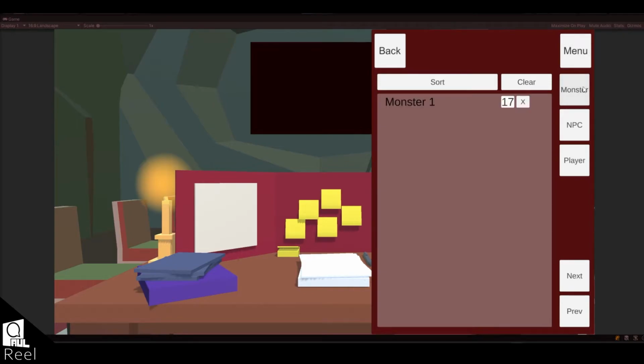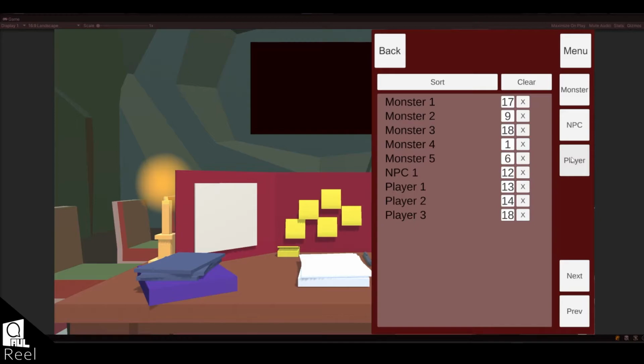Let's add some monsters here. Let's add an NPC, and then say you have control of players from the DM side, then you would hit the player button. And then all of this is out of whack. This is not telling us who goes when, so sort it. After sorting it, we can see what player goes when. So player at the top usually is first in turn order. So then you just go player next, and then it'll go to the next one on the initiative list. But say you made a mistake and you overshot someone, well, you can go previous,